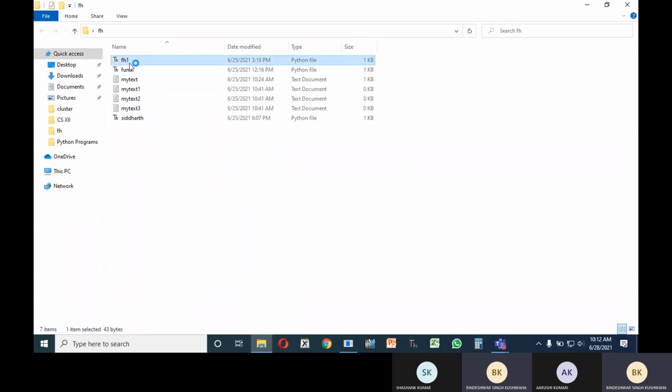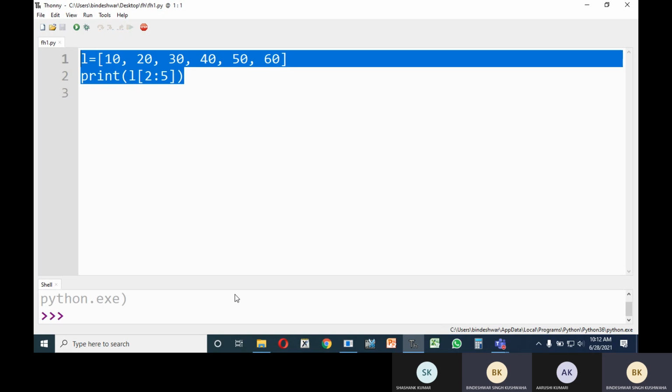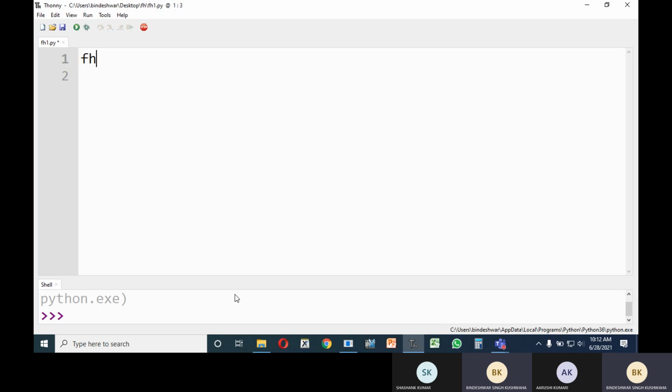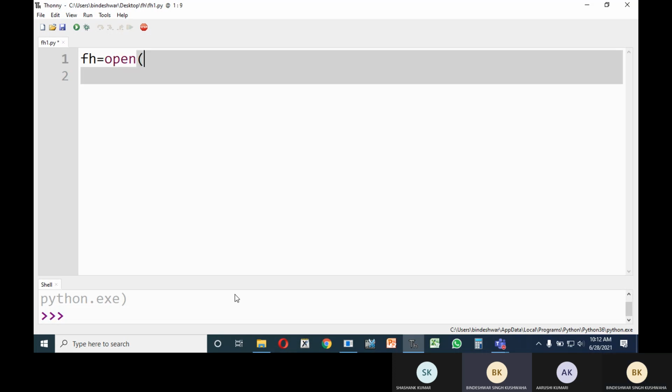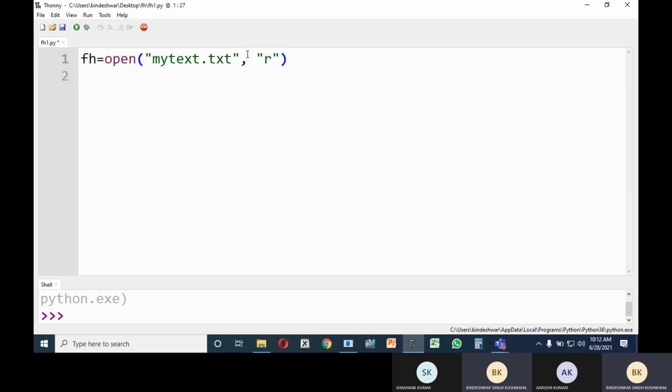So let me write fh, it means file handle, open, thereafter my text dot txt, thereafter comma, we used read mode. We also learnt about write mode, but if the file is already existing, we can use read mode.